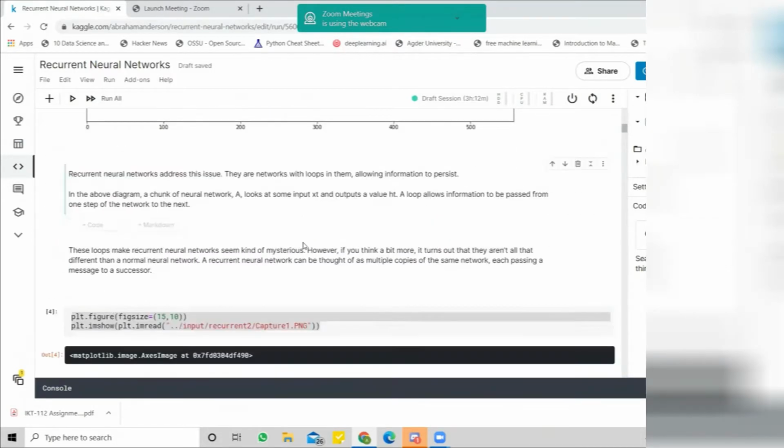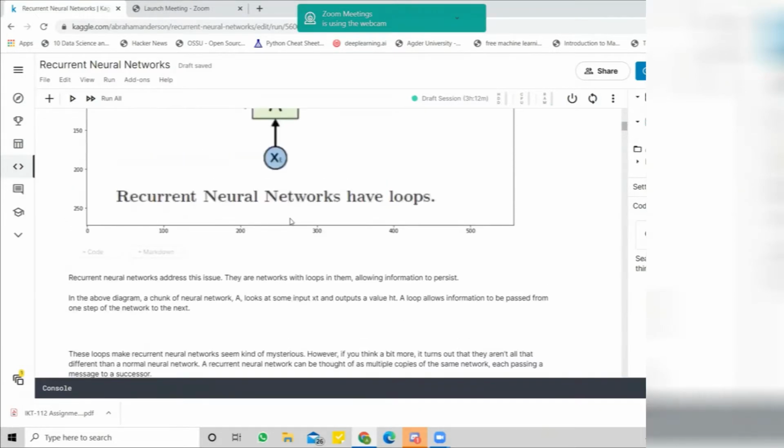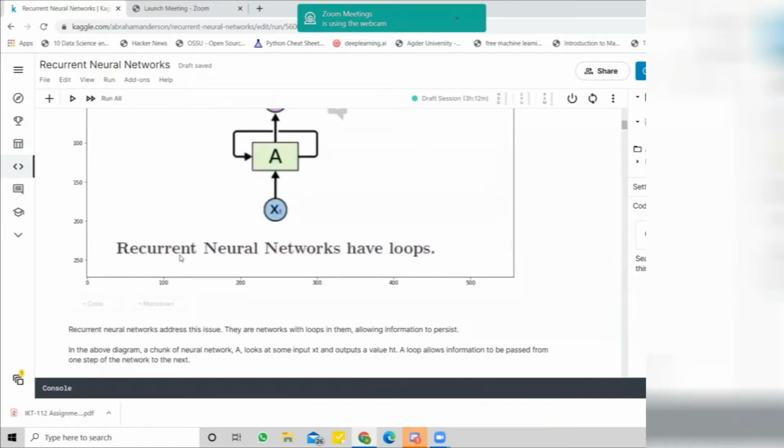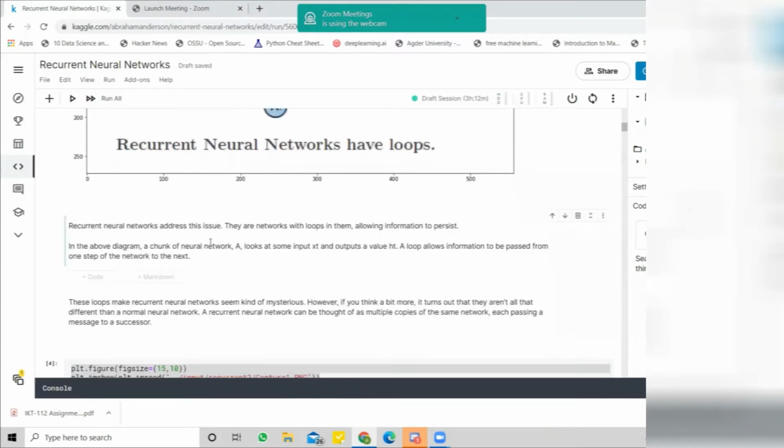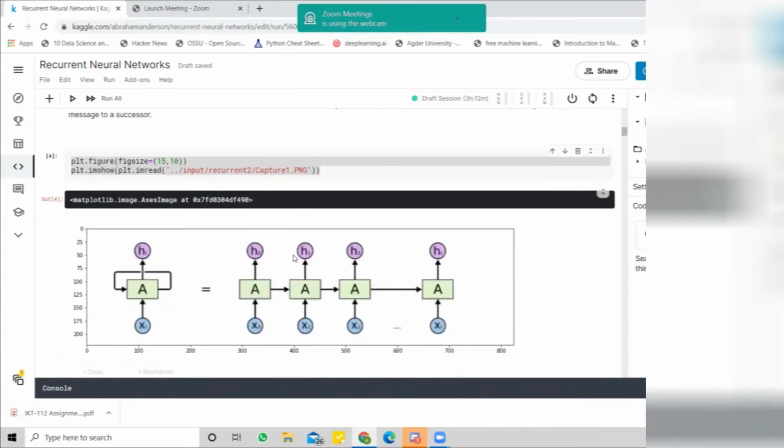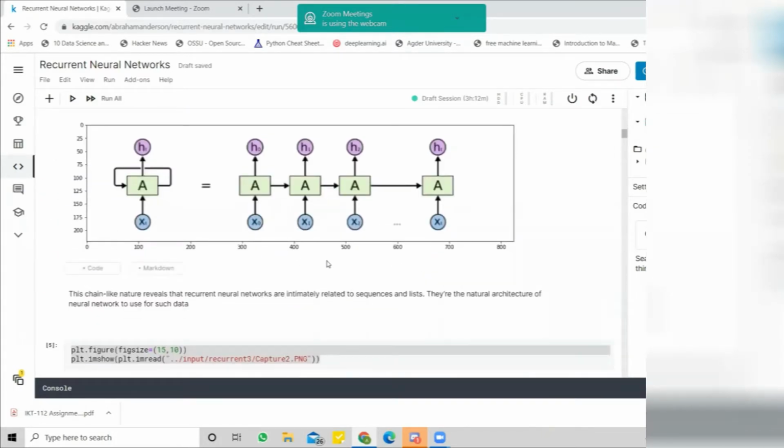And there is a chunk of neural network inside recurrent neural networks, and every chunk has the responsibility to deal with a specific kind of problem. For example, memorizing a word, and after that, according to this word, predicting the next coming word. Every chunk of the network has this responsibility.